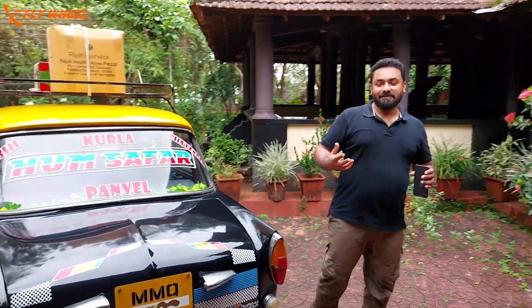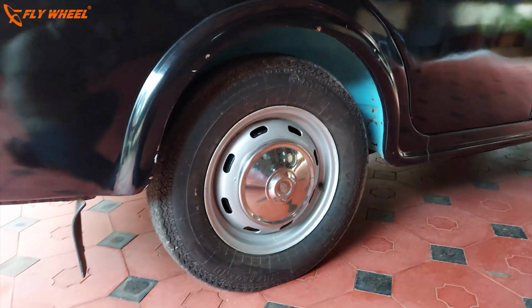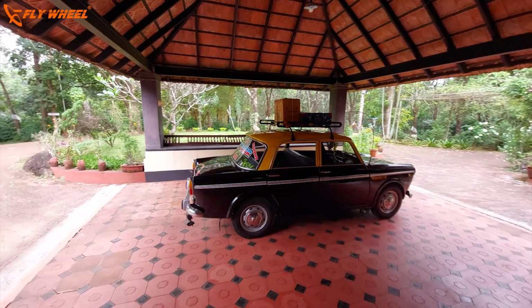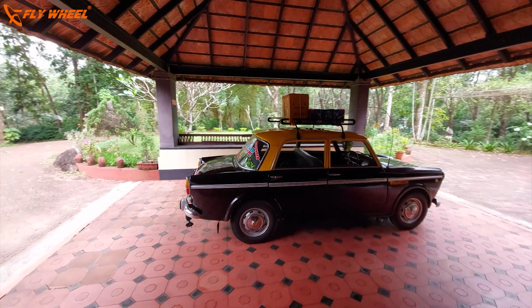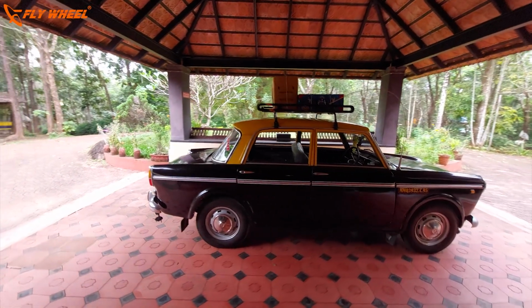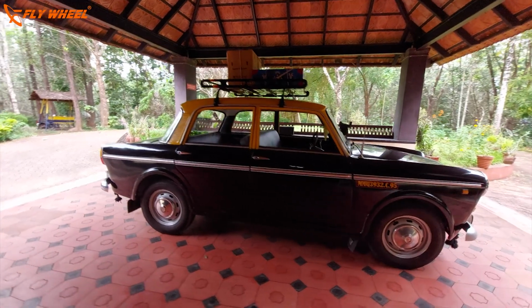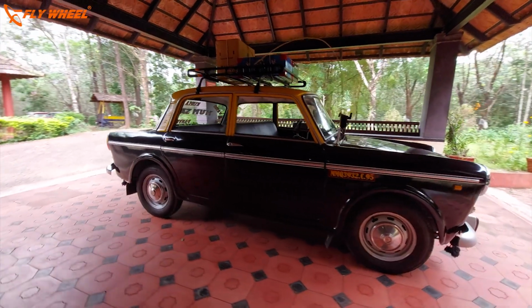It still tickles my mind seeing this car. It brings out a lot of nostalgic memories. If you find any of these cars and feel like restoring it, do restore it. It will be a very valuable possession. I wish I had one, and even though it's not a Kala Pila taxi, I can have a